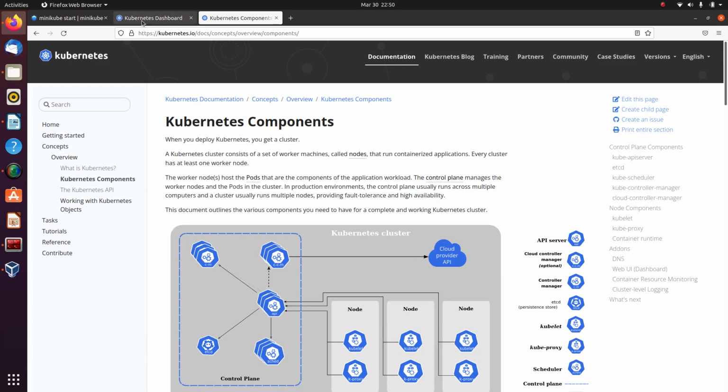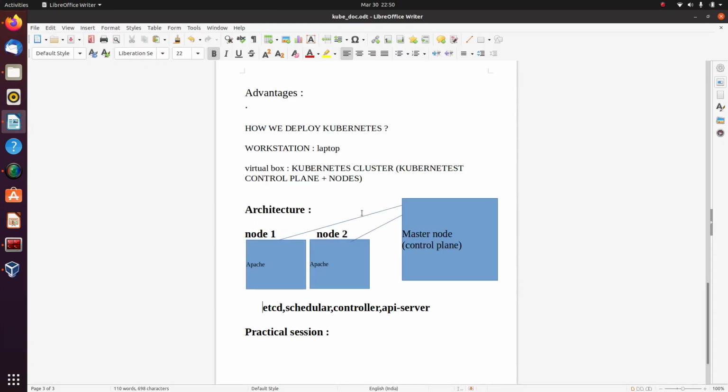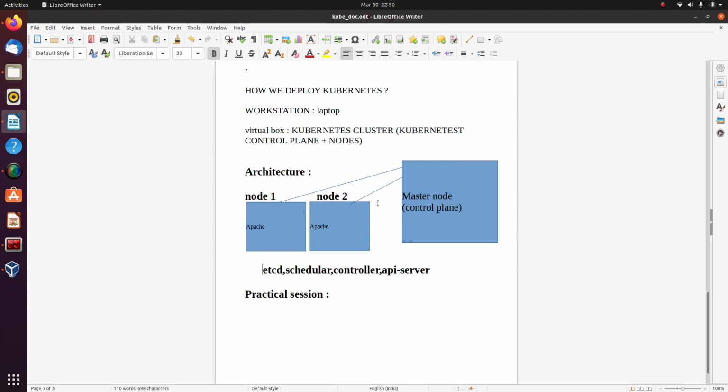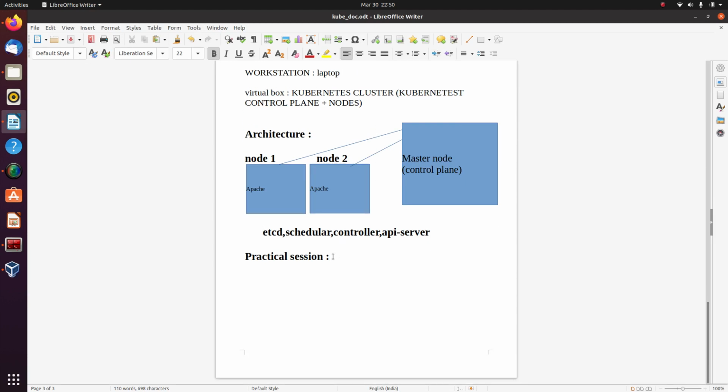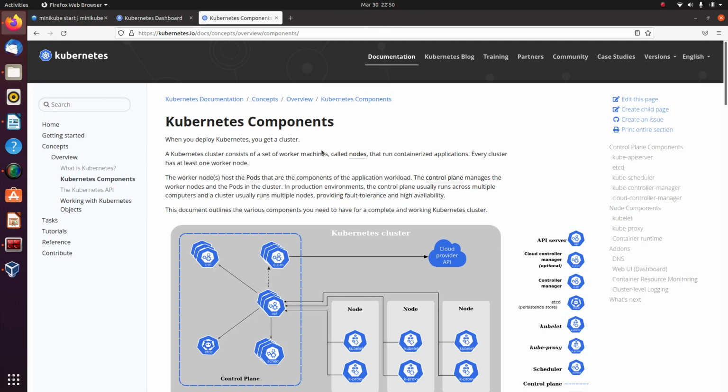So this is the architecture of Kubernetes cluster. Here you can go through all these details about the Kubernetes cluster. Now we will come back to our slide. Then we are going to have a practical session where we will be setting up a Kubernetes cluster. So to set up a Kubernetes cluster, again, if we see here,